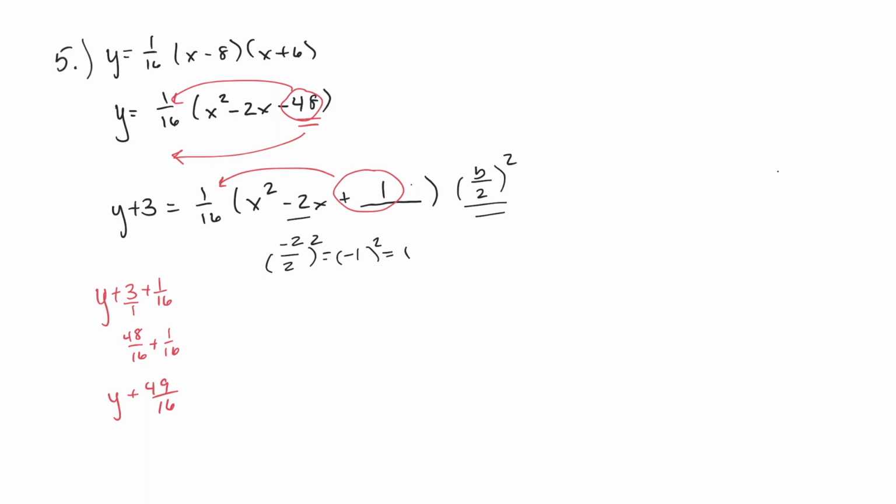You could leave it as a 3 and 1/16 as well. I suppose you could even write the decimal if you really wanted to. Wouldn't make a big deal of either one of those. So I'm going to go ahead and rewrite this one as y plus 49/16